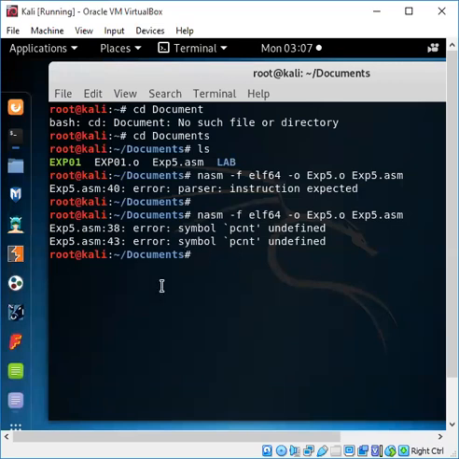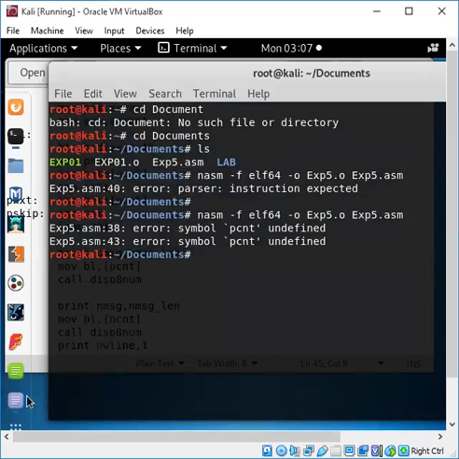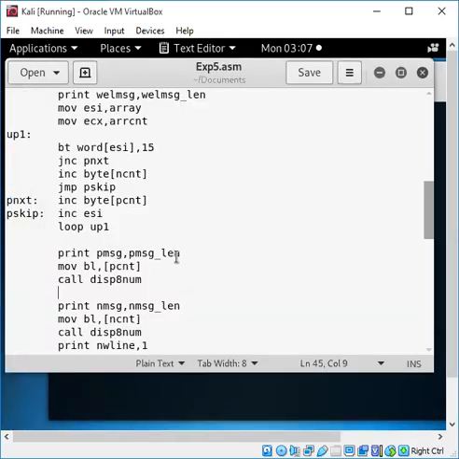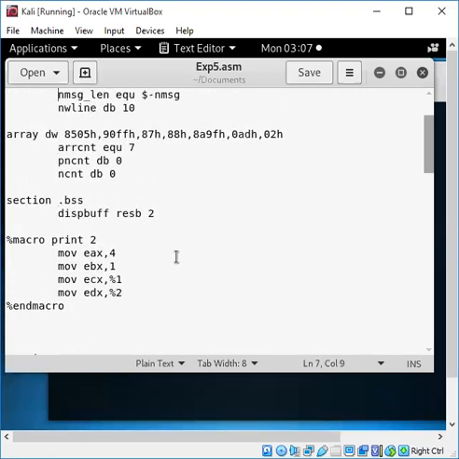Undefined PC count, so it is at lines 38 and 43. At 43, where we are using PC count, we're taking a different name, PNCT.